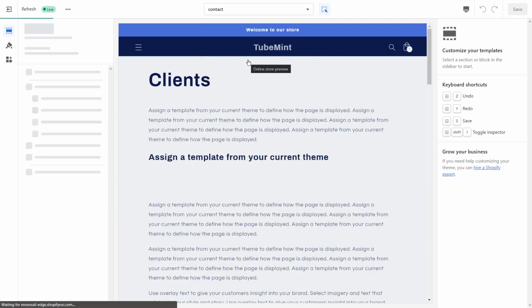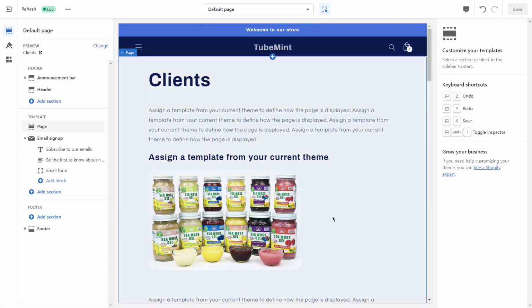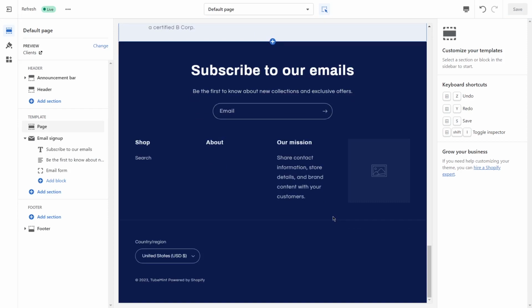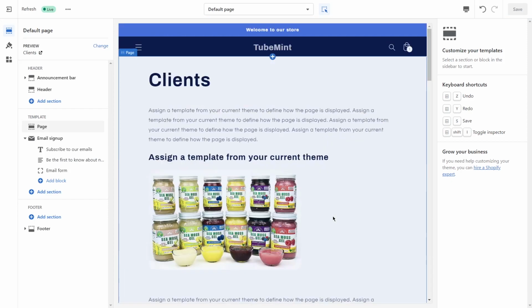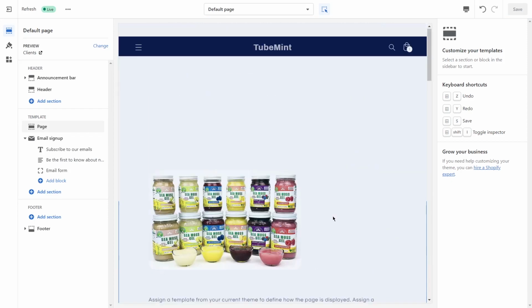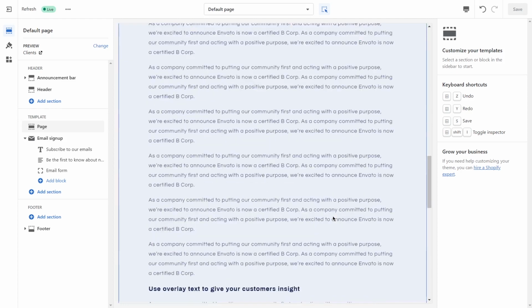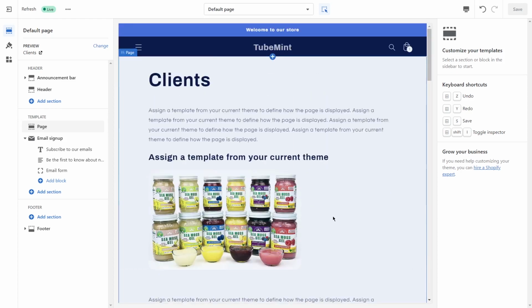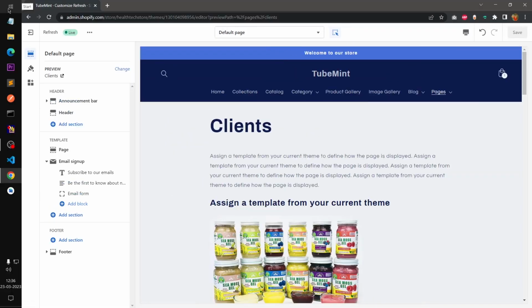Default pages. There's another template, the default page template, which is basically for common types of pages. So you can customize it, which will affect globally all the default templates. Okay, so these are the templates and sections available with the Refresh theme